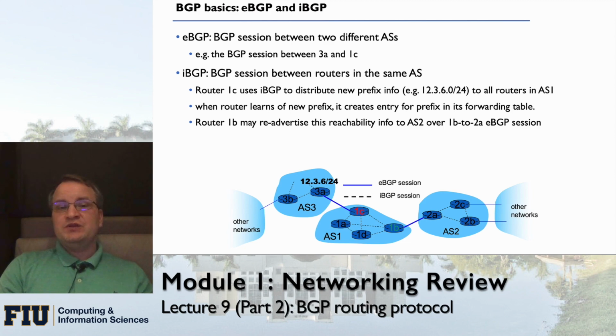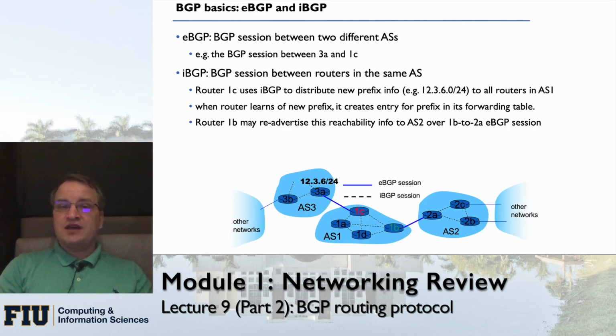eBGP is the one that we just talked about, the external BGP protocol. This is the protocol that announces all those ASes and so forth, and that's what we discussed before. iBGP is something interesting, in the sense that networks normally don't comprise a single BGP router. At the very least, they have a BGP router on one end, connected to one network, a BGP router on the other end, and so forth.